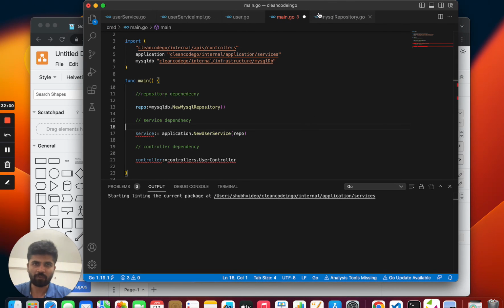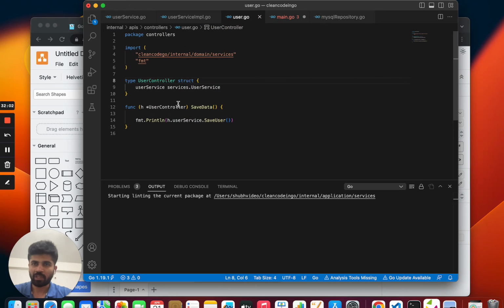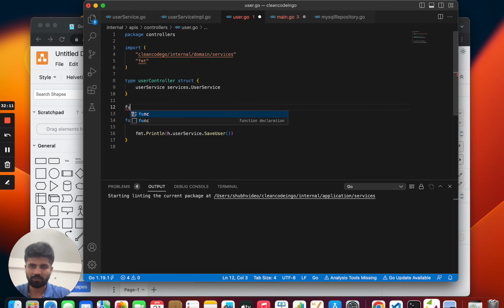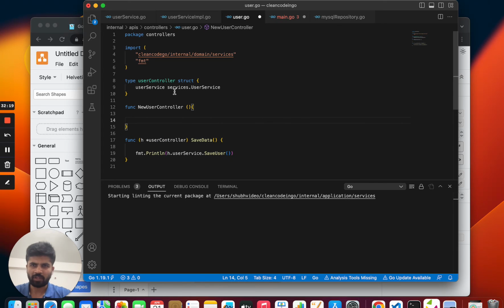I guess we have to create the object for our user controller as well, using a new constructor function, new user controller,